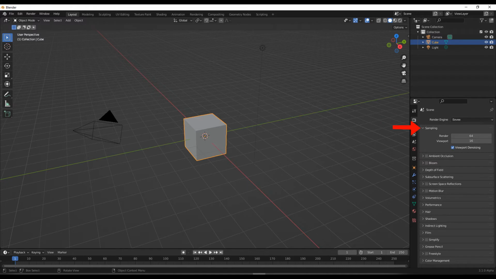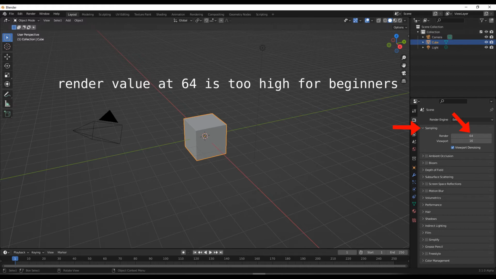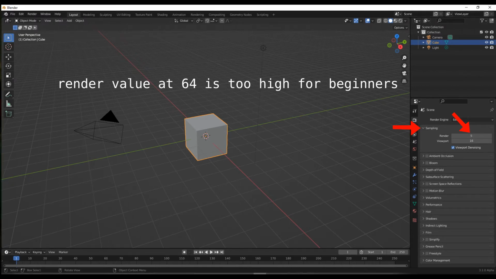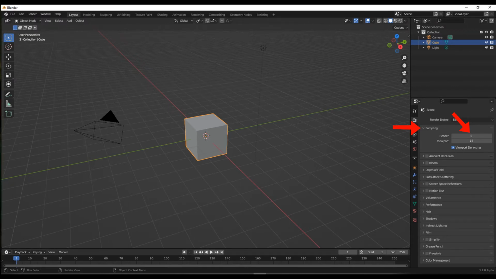This section displays a default value of 64. This number will determine the quality of rendering of your animations or still pictures resulting from Blender. The higher the value of this number, the better the quality. However, for beginners, 64 is an astronomically high number. I have found that lowering this default value to 5 makes Blender work smoother and faster while I model elements